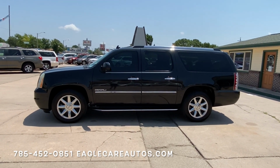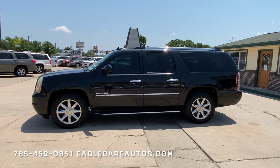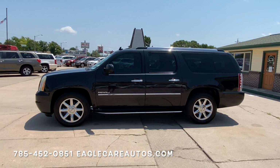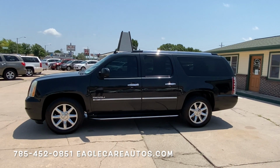We absolutely love these vehicles. We get them in whenever we can, because when you're looking for something in this size, it's hard to duplicate something else on the market. When you need to haul 7 or 8 people and all their stuff, this is the best thing out there